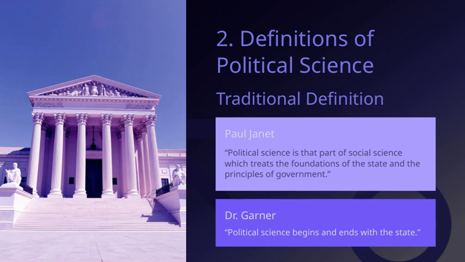This slide introduces the traditional view of political science, which is to explore these core aspects of the state and governance. Recognizing these definitions helps us see how the discipline is rooted in understanding power, authority, and the organization of society. Overall, these points set the stage for our broader discussion of how political science analyzes the structures and principles that shape political life. It's about understanding the core elements that make up political systems and how they influence us all.